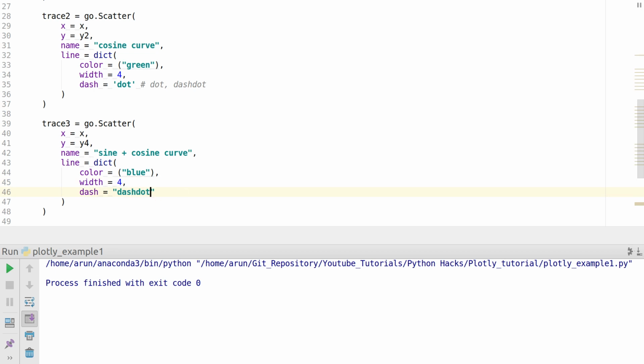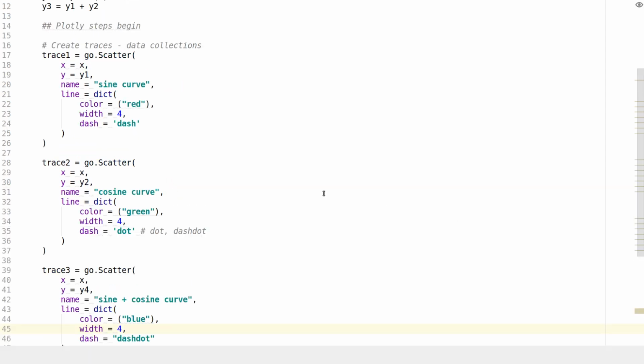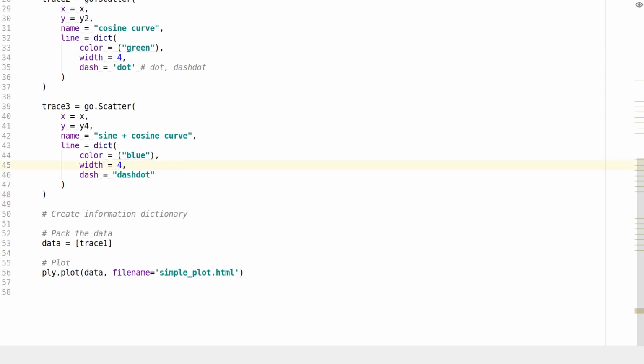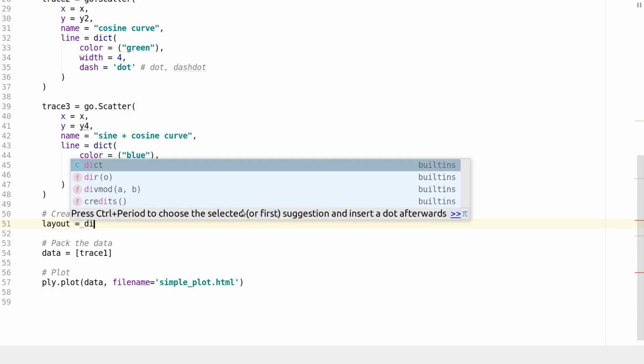Alright, and likewise you can go and fill all the traces. Let me put this down. Likewise you can go and fill all the traces, okay. And now let's create an information dictionary, or there's another name for it, layout dictionary, okay. For that let me create this dictionary called layout, and this has to be a dictionary,